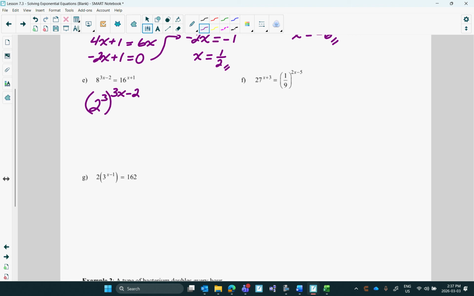Write the other exponent. 16 is the same as 2 to the 4th. Parentheses around it because I'm raising it to the x plus 1. To simplify this, whether I use the multiplication exponent law, or sorry, the power of a power exponent law, I get 9x minus 6, good, equals